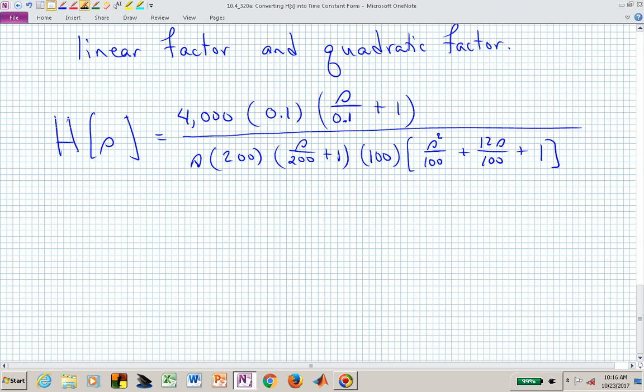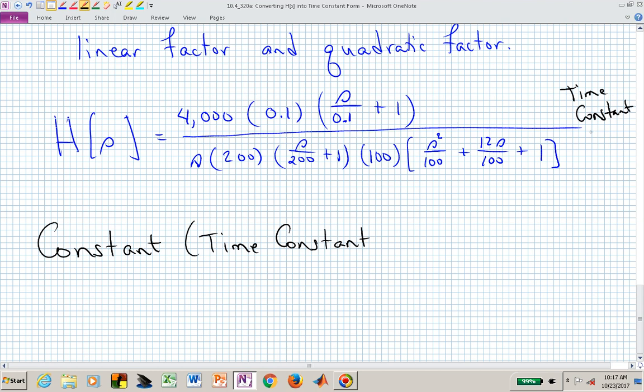So we would actually start to simplify this capital H of S. Obviously, we would combine all of the constants. So we now want to know what is the constant in our transfer function when it's written in time constant form. That's the form that it's now in, not yet simplified, but it is in time constant form because all of these constant coefficients have been normalized to 1. So we now have our system in time constant form,